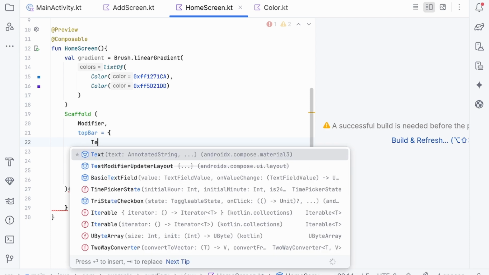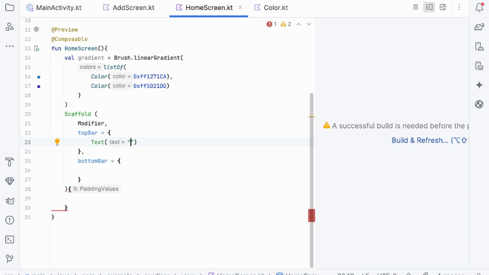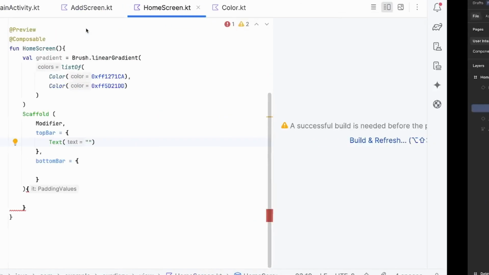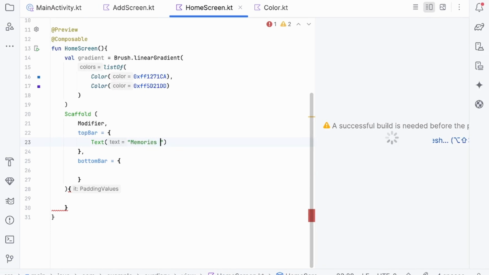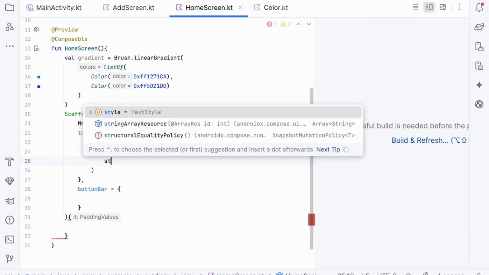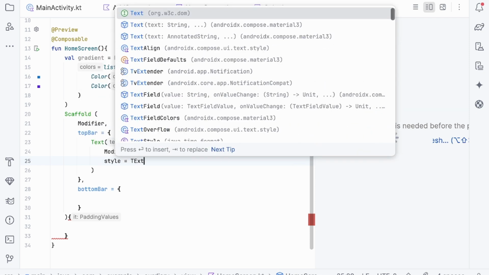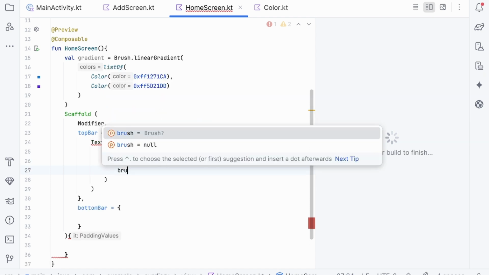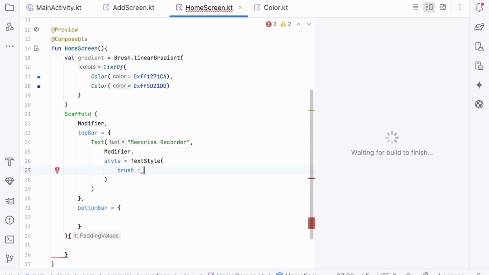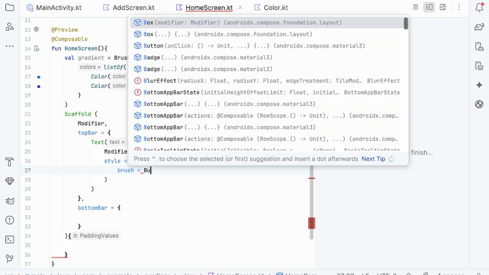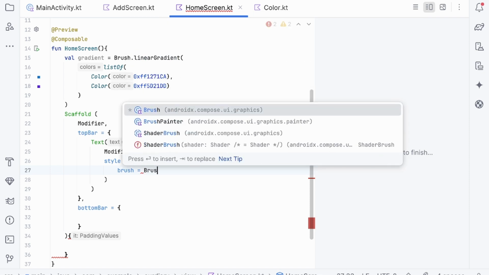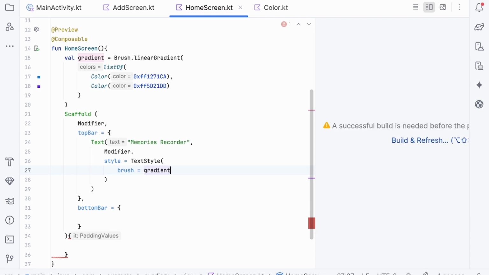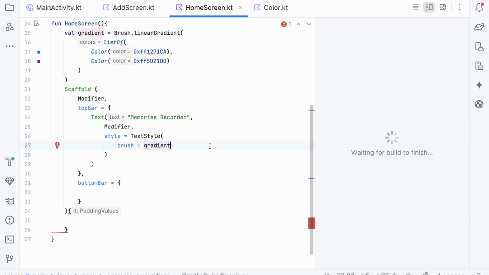So top bar contains the text field, right? So text field which contains memories recorded. Here I am going to use that gradient color, right? For this I am going to use modifier style, text style, brush, gradient. You can see here,